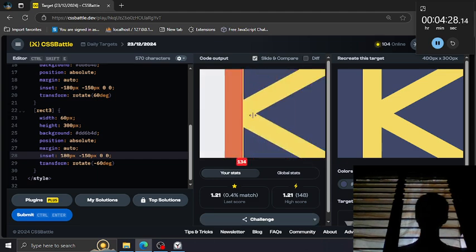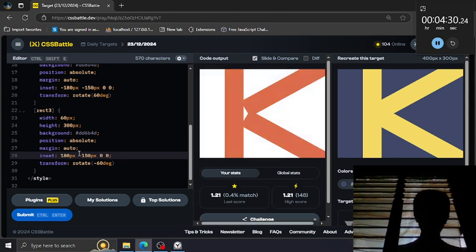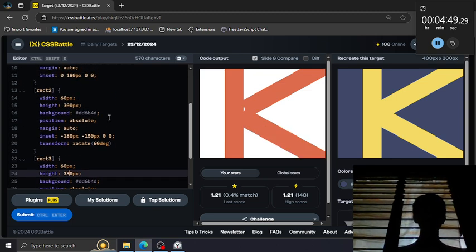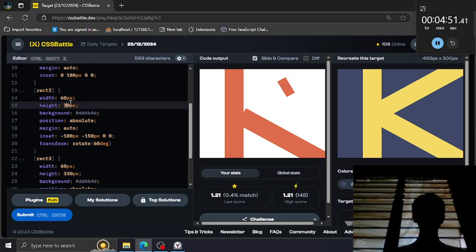It's just that it is short. And to fix this, we can just enlarge the height from 300 to 320 or 340. Yeah, 330, because we can enlarge this rectangle as well.